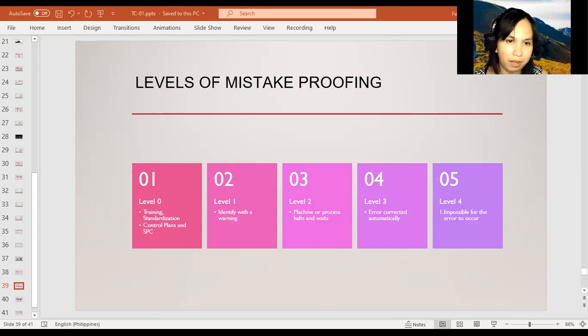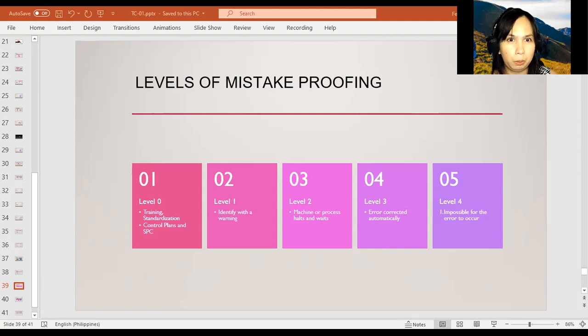And then next we have level 1 error proofing. So we're able to identify the error with a warning such as an alarm or a light. Then we have level 2 error proofing, where the error is identified and the machine or process halts and waits for corrective action. And then we have level 3 error proofing, where the error is not only identified, but it